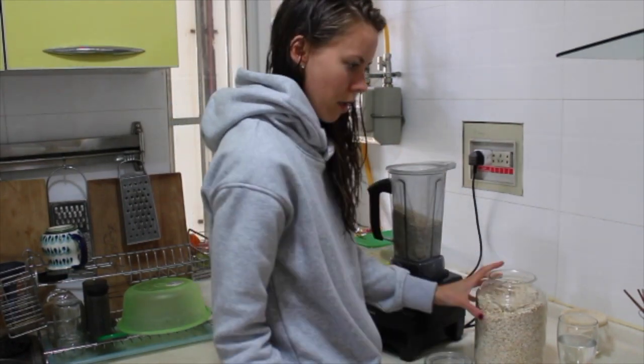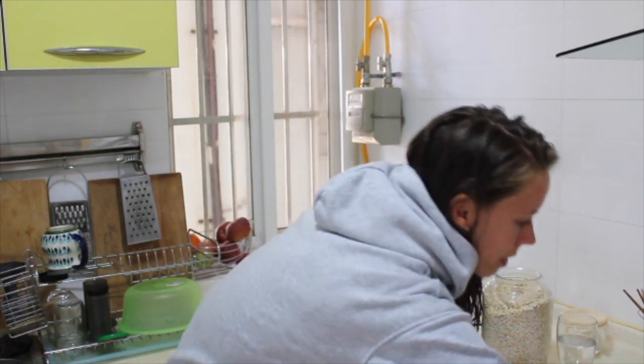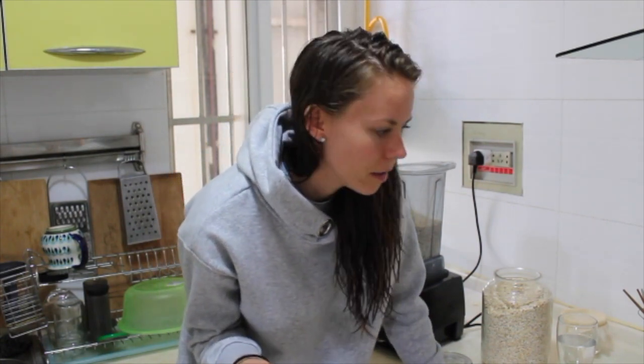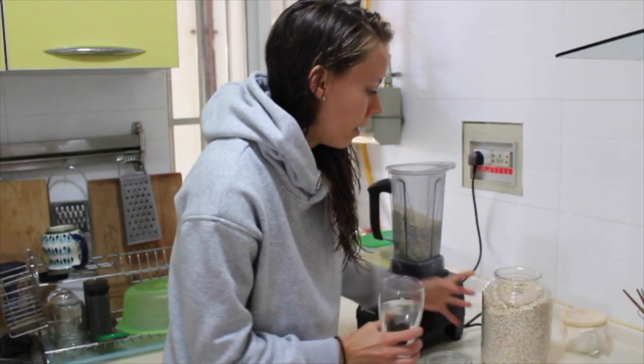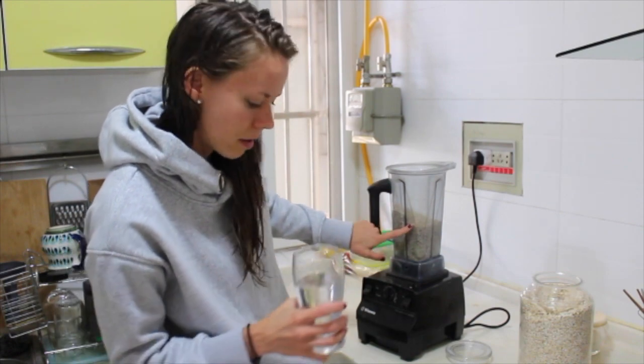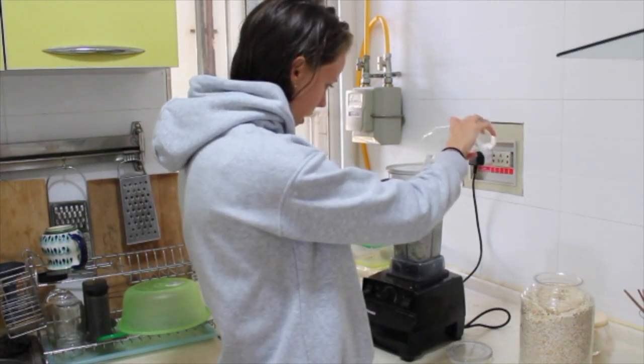For these pancakes, because they're not like your normal pancakes, they don't have egg or anything, they're more of a gooey consistency. So one trick that I have is making sure your pan is really hot before you cook them. Then I find they don't stick. Some people don't like this recipe, but we're obsessed with it, and it makes my life easier than having to mix up all these flours and add the wet to the dry and all that stuff. This is just so easy. So 2 bananas, 2 cups of oats, and I have in here 1.5 cups of water. I'm just going to add that in,